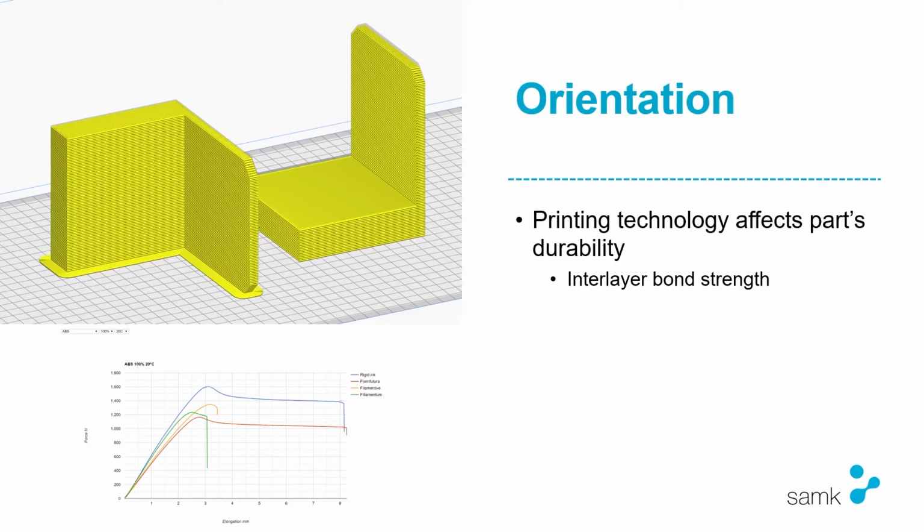So, orientation. Orientation affects the part's durability. There's the interlayer bond strength. On the image above, you can see the same part printed in two different orientations. There's the thicker wall, and then there's the thinner wall. And if the idea for this part is to act as a support, we can right away see that the part on the right-hand side